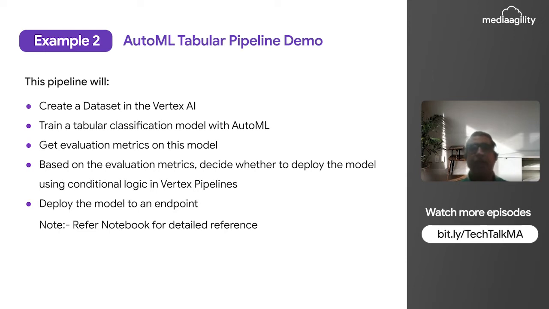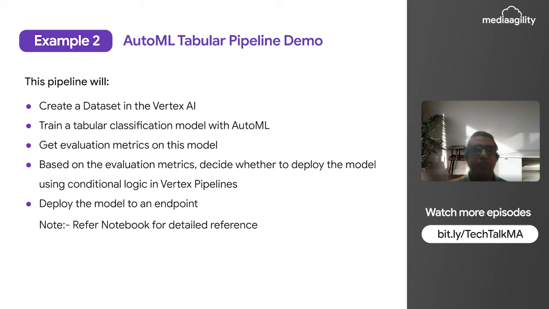In order to create a Vertex AI dataset, we can make use of some SQL query, or some table that is available in BigQuery. In our case, we are going to train a multi-class classification model. So in the first step, we used the already provided Kubeflow SDK, the Vertex AI SDK,